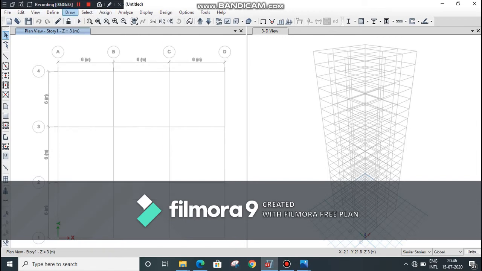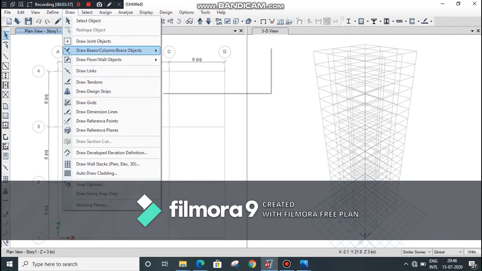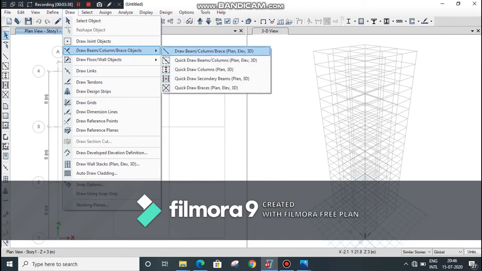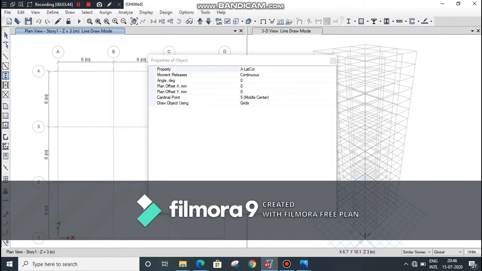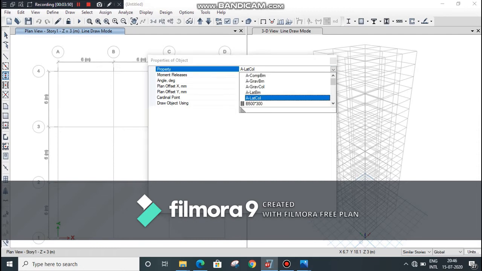Again go to draw menu option and select draw beams columns and select quick draw column for drawing columns. Now the property we have defined already, therefore select column auto select option from here.